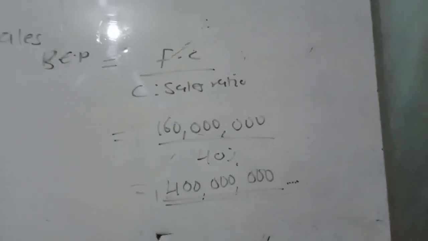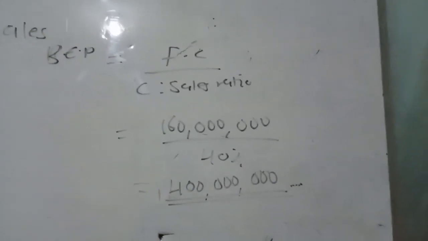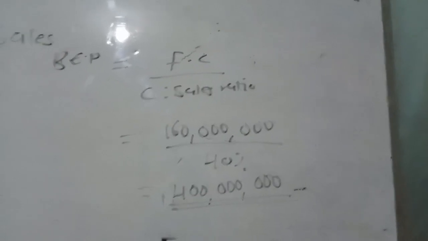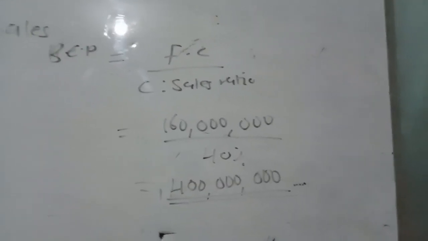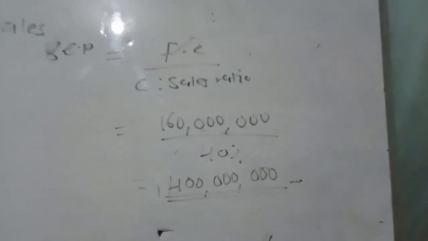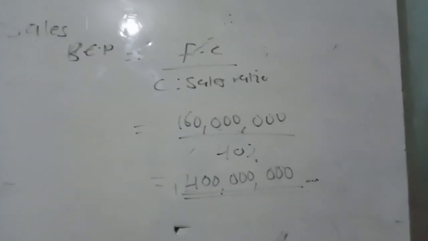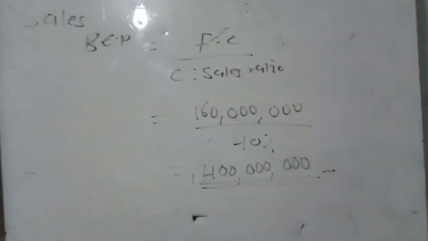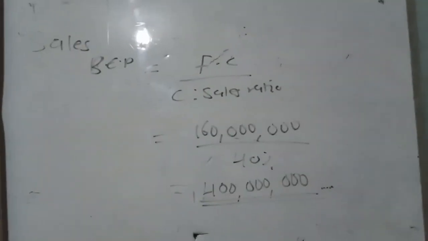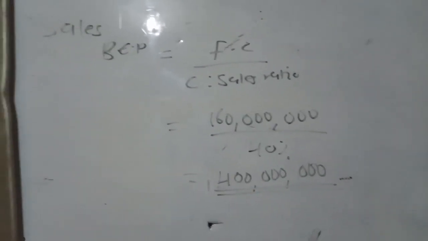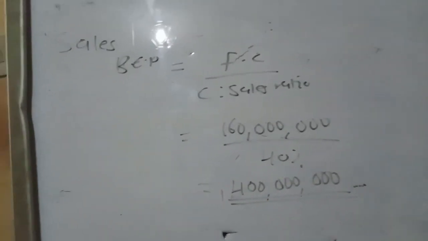So that means in order for Gloria company to break even, it must make a sales figure of 100 millions so that it can break even in its sales. So good, that's under single unit